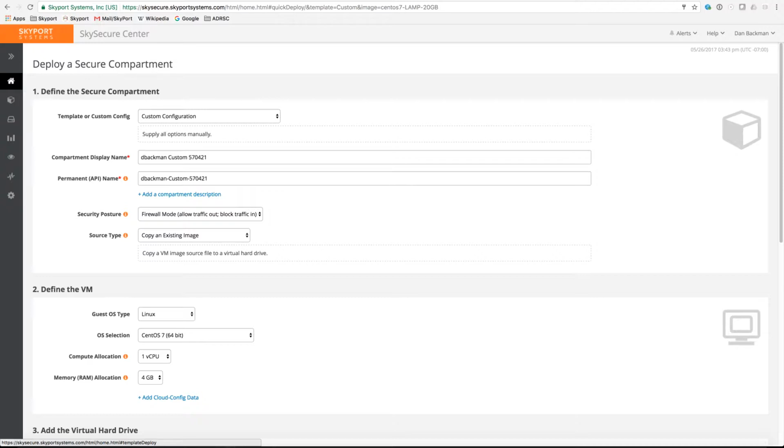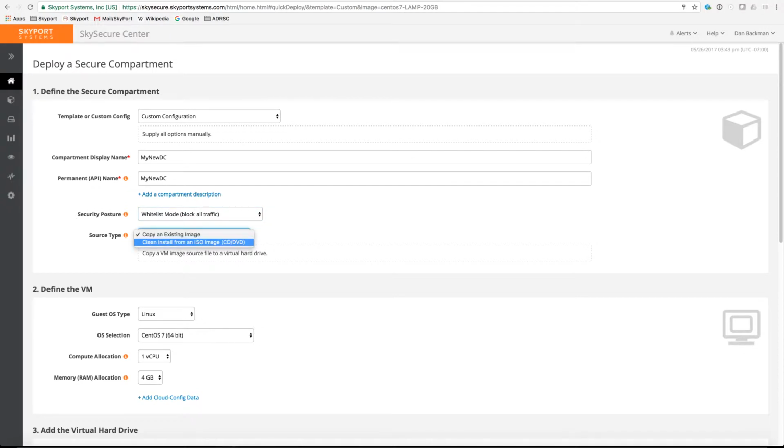So let's walk through actually building a new trusted component. Let's say this is something like an Active Directory domain controller. We're going to go ahead and deploy a new compartment. We're going to call this My New DC. Now, this new domain controller, in this case, is actually going to start off in an automatically created microsegmented environment. So I'm actually going to set this security posture to fully whitelist everything. And this starts before the VM is actually created. This is how you can actually do a secure build in a remote location.